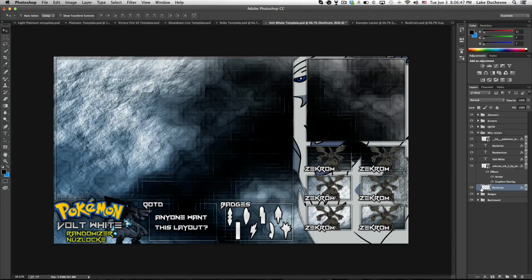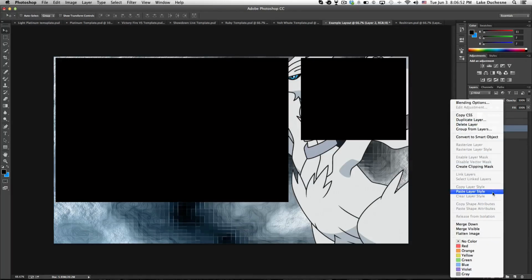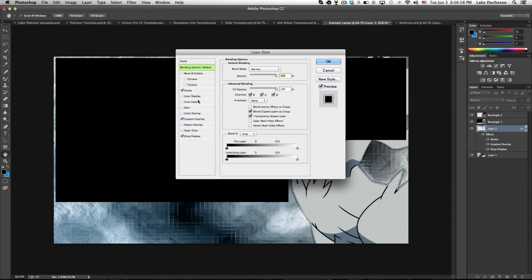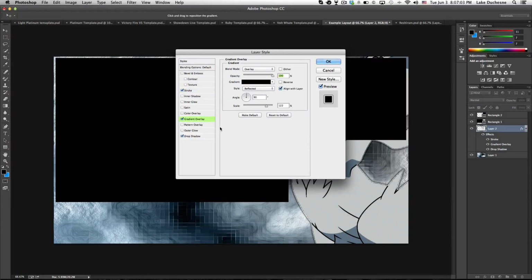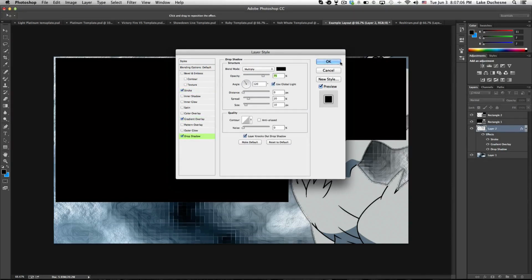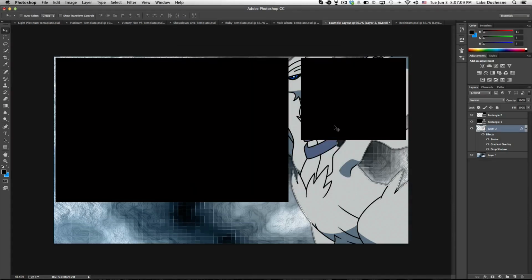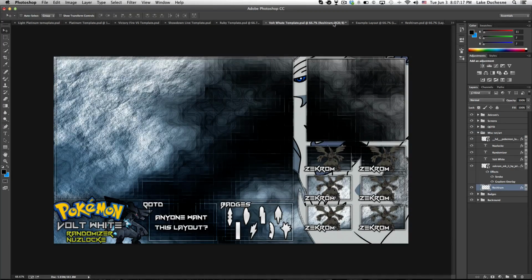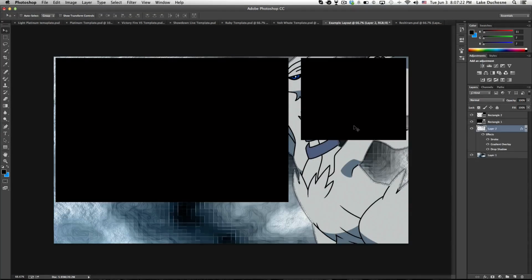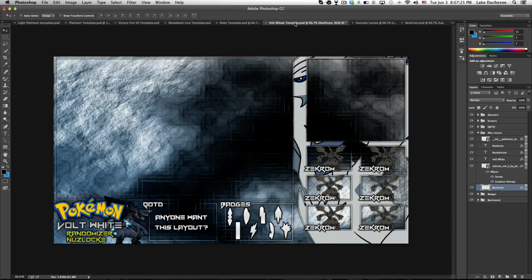And what I'm going to do is go to the Reshiram here, copy the layer style, and paste it into this one to make it darker. What I did to make it like that is I added a stroke, and I'll show you how to do that. Gradient overlay, you just have to play with it, and drop shadow. I'll show you those options in more detail in a second. And we can move his eye a little bit like that. So that works. That's basically the same as this. Since we have all the background art basically in place,